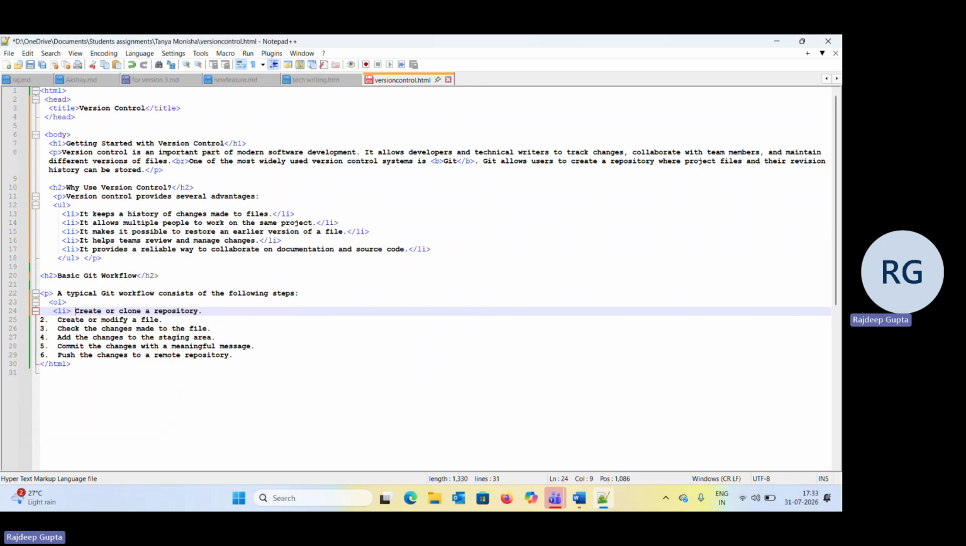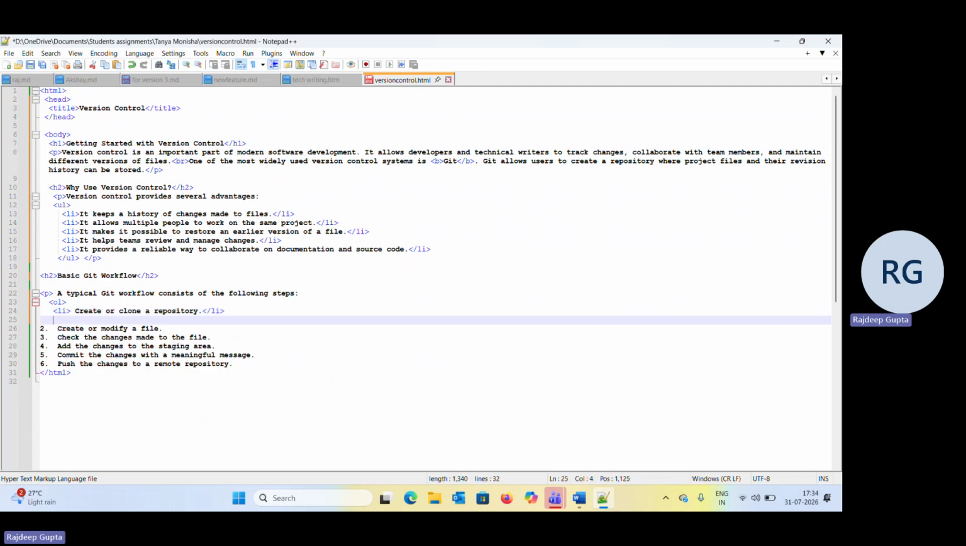So come here, create or clone a repository. Close this particular file over here, then come back here. Again,